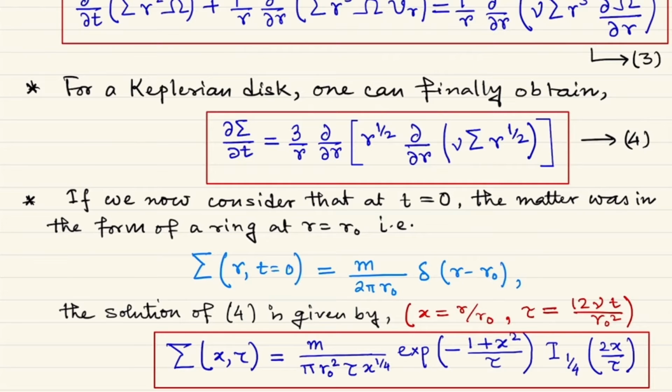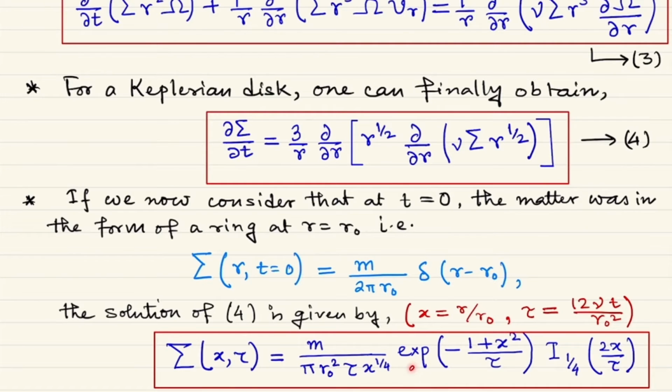Okay, and r0 is the position where the initial mass ring is supposed to be situated, and tau is nothing but another way of non-dimensionalizing the time, but here it uses nu. Okay, so finally in the solution you can see the solution for sigma, so how sigma evolves in space and time, that is given by this. And also you see whenever there is a tau, there is nu, there is viscosity. So the viscosity plays a very important role in determining this type of equation.